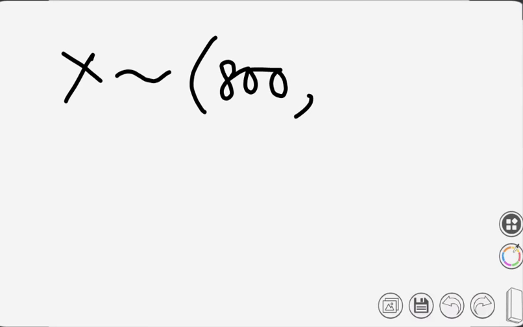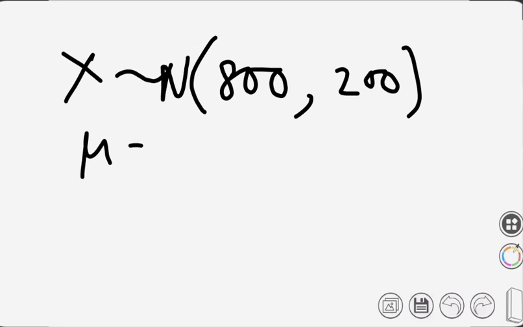has standard deviation. So how do we write this? X is a random variable which follows a normal distribution with standard deviation 200 and mean 800. So that means mean is 800 and sigma is 200. Or we can write, sorry, I should have written N. So X follows a normal distribution with mean 800, and we will denote the mean of a normal distribution as mu. So mu equals 800 and sigma equals 200. That is given.